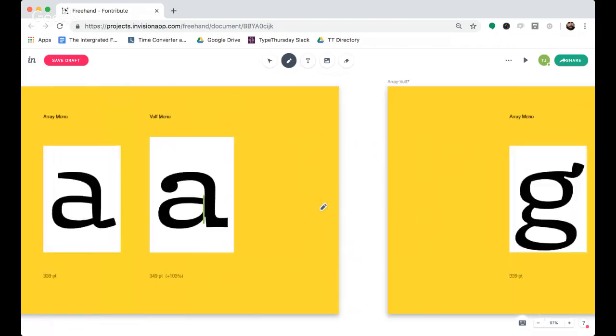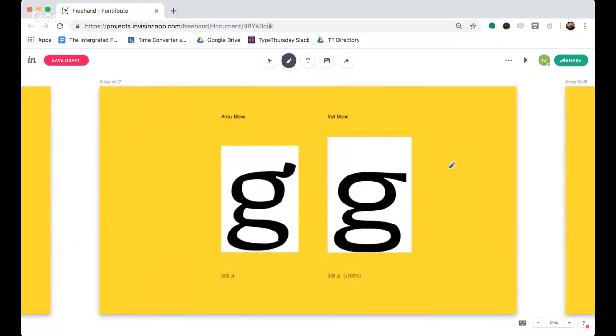All right, so let's move on to the next one to see how that's going. We get to the G. So this is a very complicated form, and there's probably a lot of compensation strategies to compensate for that. So the first thing is, we'll start with the Wulf Mono one right here. Take notice, again, of the very heavy weight and movements right here and here. Notice the main reduction here, a secondary reduction here, which is interesting because normally we'd expect